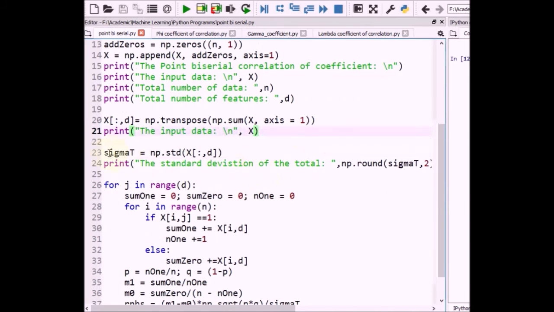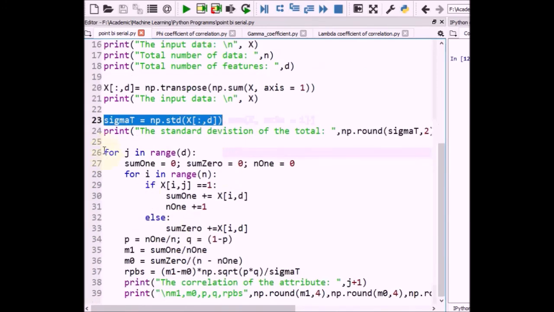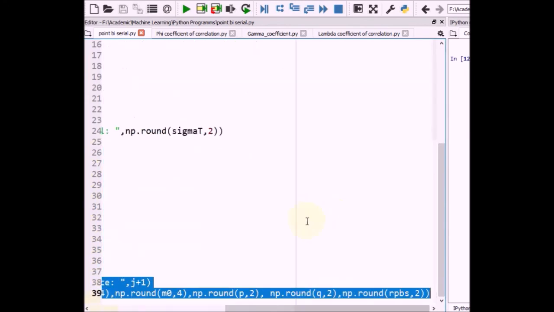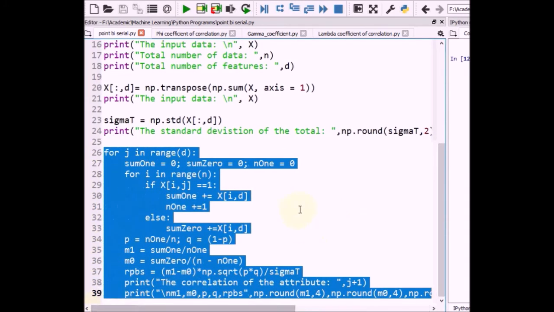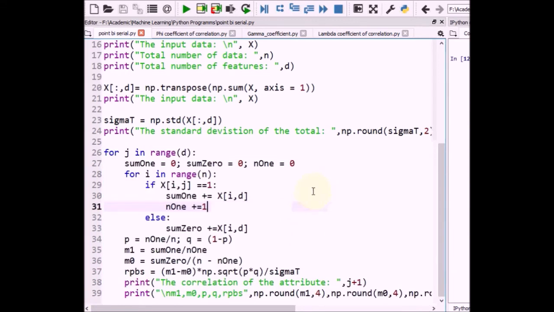And this is the calculation of the standard deviation of the last column, that is the total. And for each and every attribute we have to calculate the point biserial coefficient of correlation.